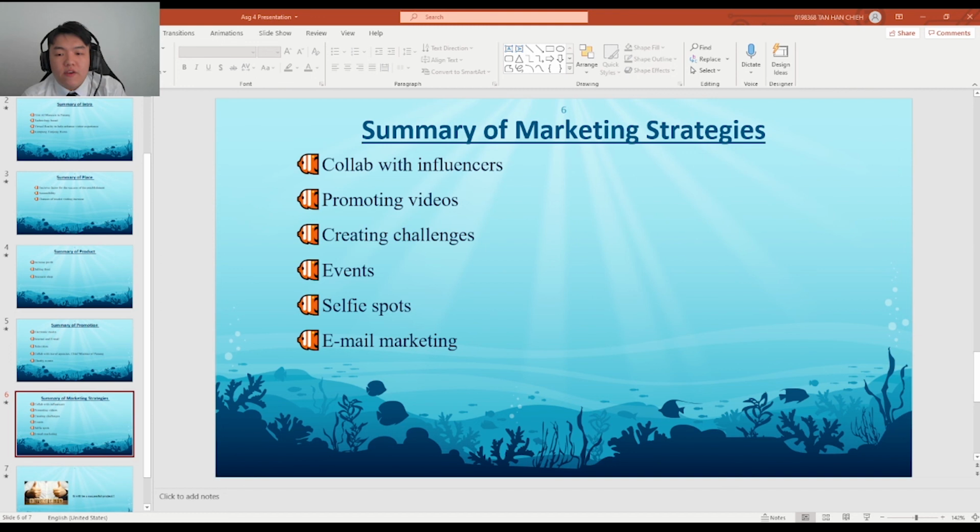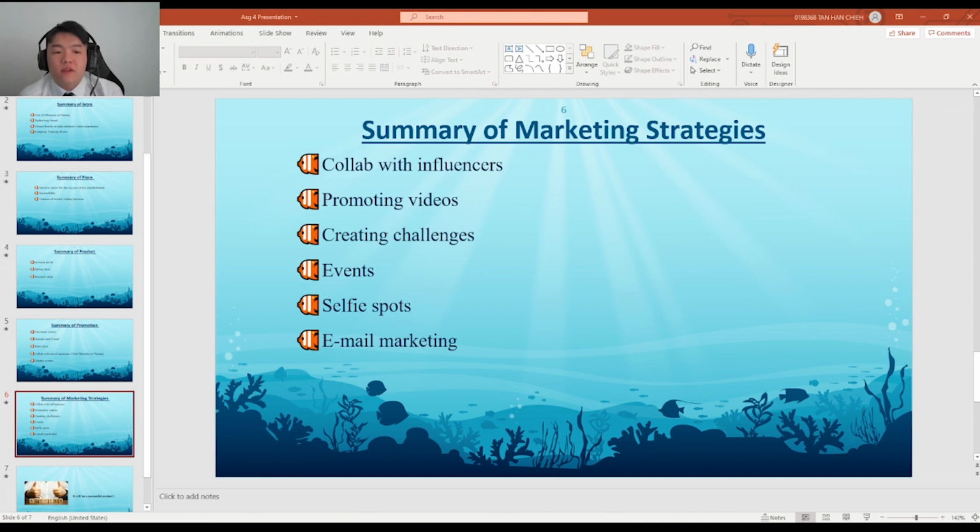Next is by creating challenges. Challenges have become a popular trend on any social media platform, and we plan to take advantage of this trend to make some challenges of our own. Our challenge will be creating posts and sharing photos of activities they did in our marine museum, and they stand to win a